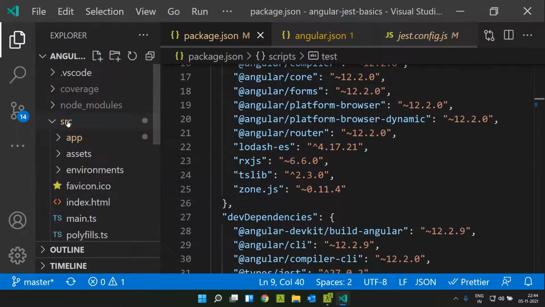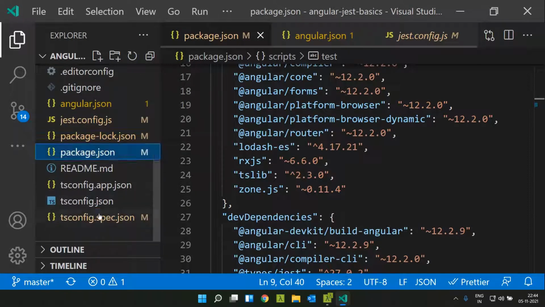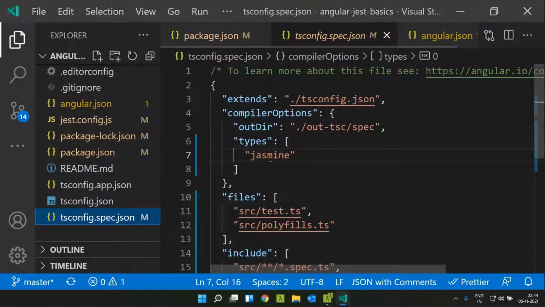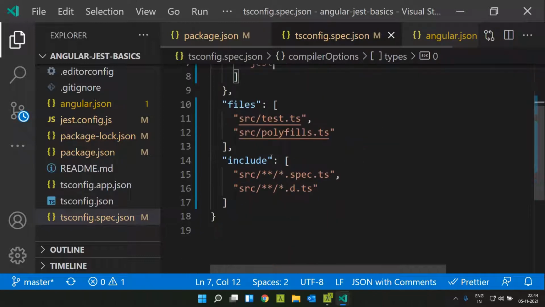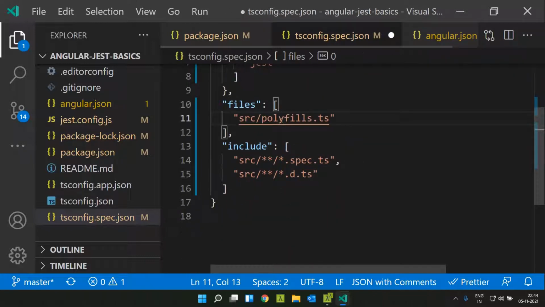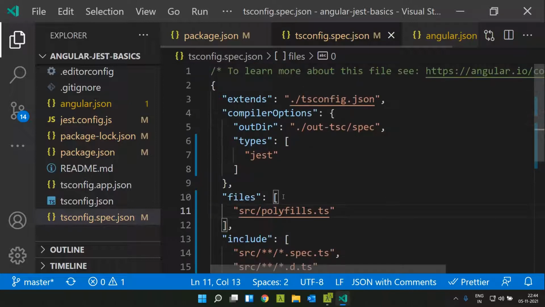One more thing we need to add is in our tsconfig.spec.json. Here we need to modify the types from Jasmine to Jest. And also we can remove the test.ts since we are no longer using that.